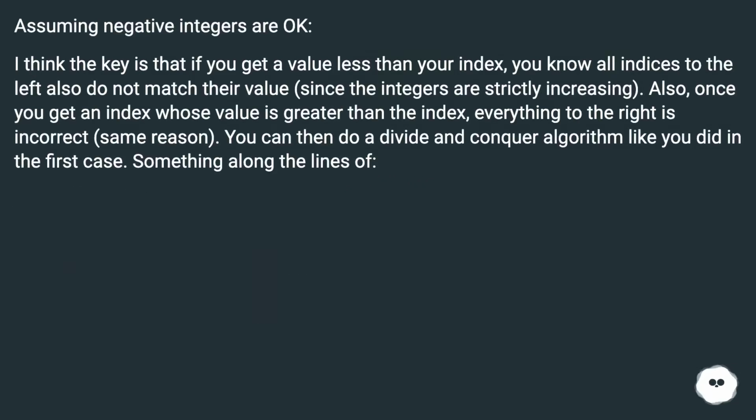Assuming negative integers are okay. I think the key is that if you get a value less than your index, you know all indices to the left also do not match their value, since the integers are strictly increasing. Also, once you get an index whose value is greater than the index, everything to the right is incorrect, same reason. You can then do a divide and conquer algorithm like you did in the first case. Something along the lines of: